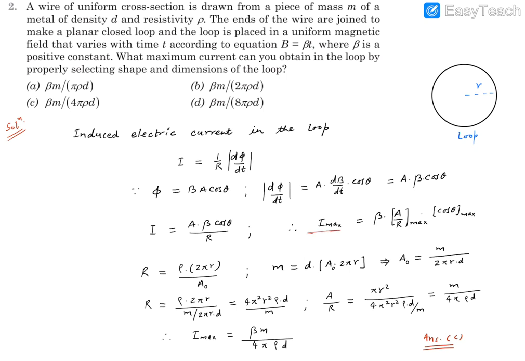Now if we want I to be maximum, beta is a constant number, we can't do anything much about it. So A by R has to be maximum, cos theta has to be maximum, and everything has to be simultaneously maximum. Now cos theta maximum will be 1, because this theta is independent of these numbers. That's based on orientation, and we can choose the orientation of the plane to be perpendicular to the magnetic field. So the maximum value of cos theta is going to be 1. So we can replace cos theta max with 1. That's independently chosen. Then we need to look for the loop area divided by resistance.